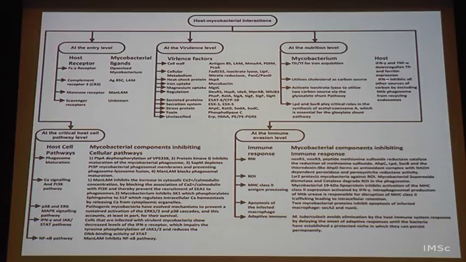Okay. So IFN gamma inhibits all other sources of carbon by excluding the Mycobacterium phagosome from recycling endosomes. So both are actually doing something. Which one wins will again be a number game, which one is more in number or more active, and so on and so forth. So the next level of interaction is at the virulence level. Some examples of virulence factors are the cell wall itself. In fact, in mycobacteria, the cell wall is so very different from other bacteria, which is why it is difficult to treat tuberculosis with regular antibiotics.